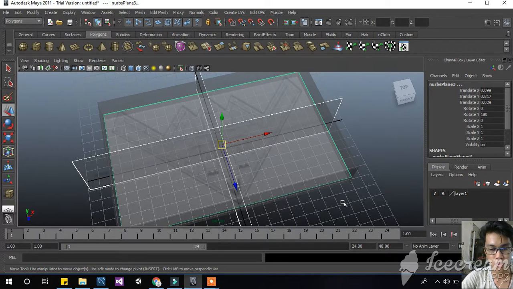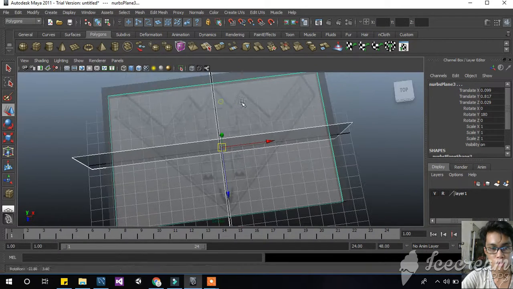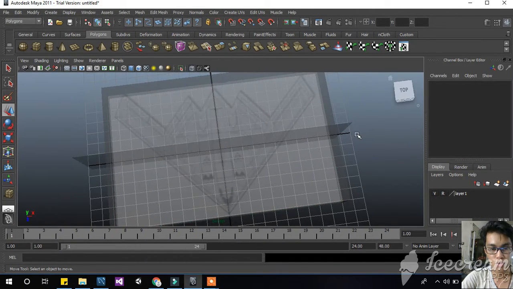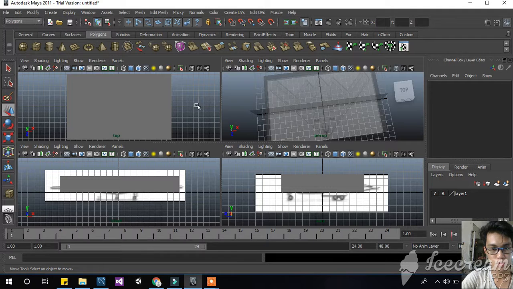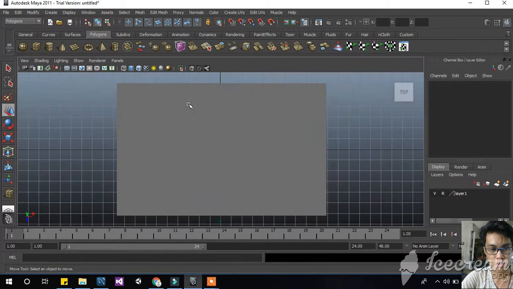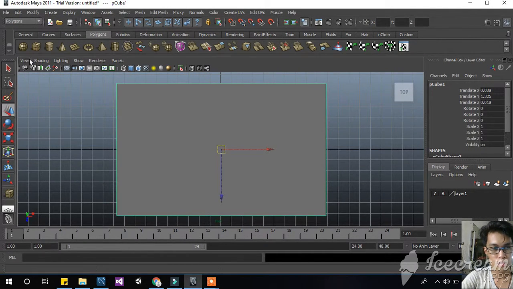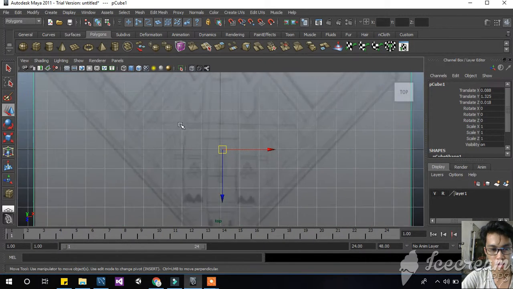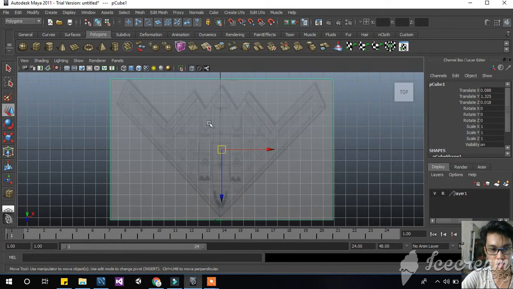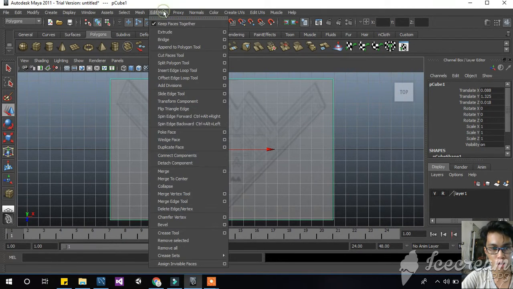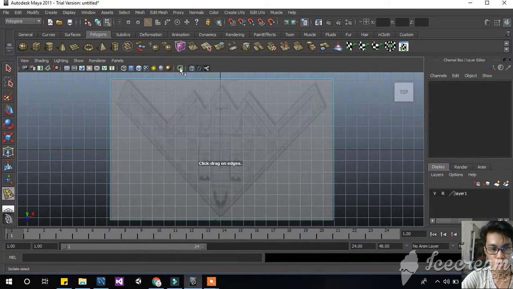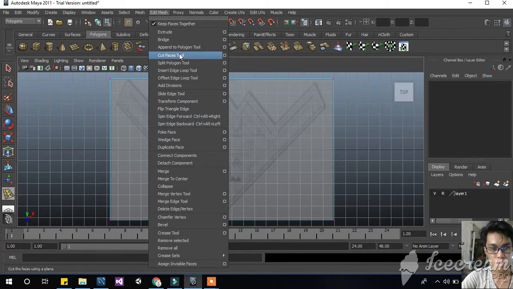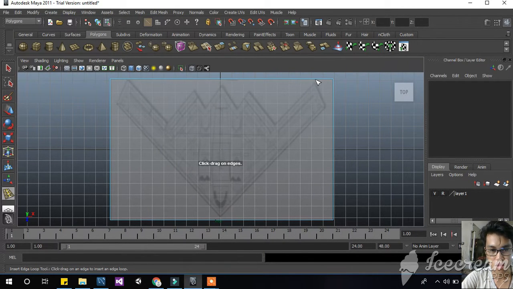After that we're going to proceed to inserting the edge loop tool. So we need to change our perspective into top view, select the polycube, and change it into X-ray. So you can now see the image of the stealth bomber, and now we can proceed to inserting the edge loop tool. Vertex, then